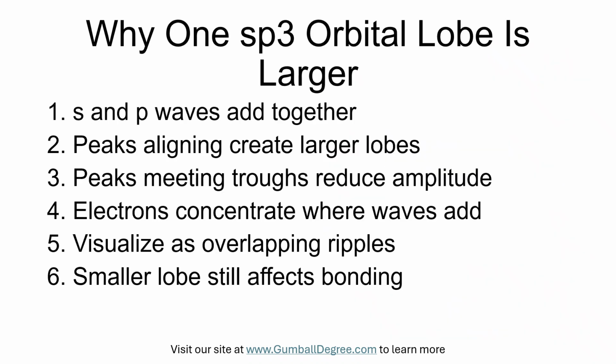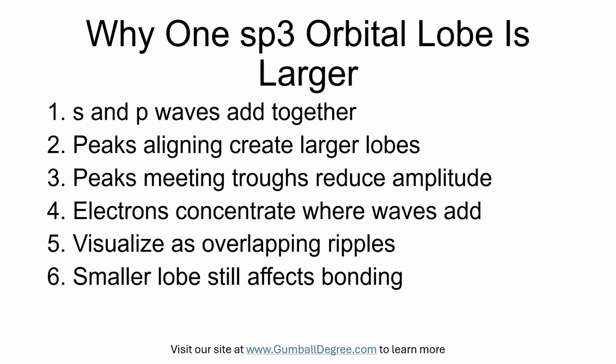Imagine you have one big round wave from the s orbital and three smaller directional waves from the p orbitals, and you add one of those p waves to the s wave to make an sp3 orbital. Where the peaks of the waves line up, they add together and make a bigger peak, and where a peak meets a trough, they cancel a bit and make a smaller peak. Electrons are more likely to be found where the waves add together, so one side ends up with more electron